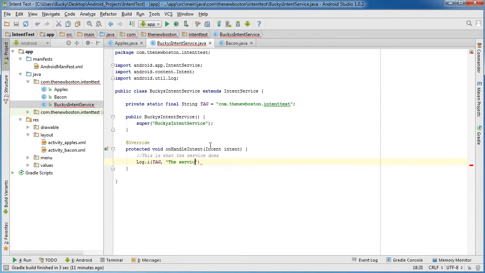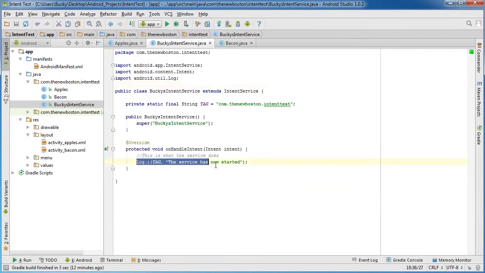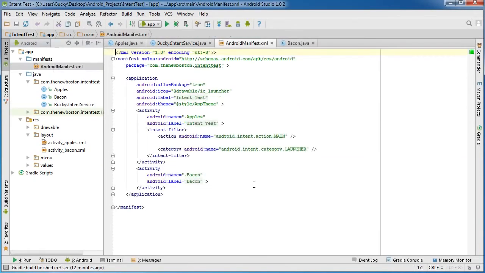the service has now started. Alright, so that's all this service is going to do. Of course, like I said, later on you may want to check some database for updates or download images or see if you got any new chat messages in here, but for right now, just print out a message, oh well. So after this, what we need to do is hop over to the manifest,